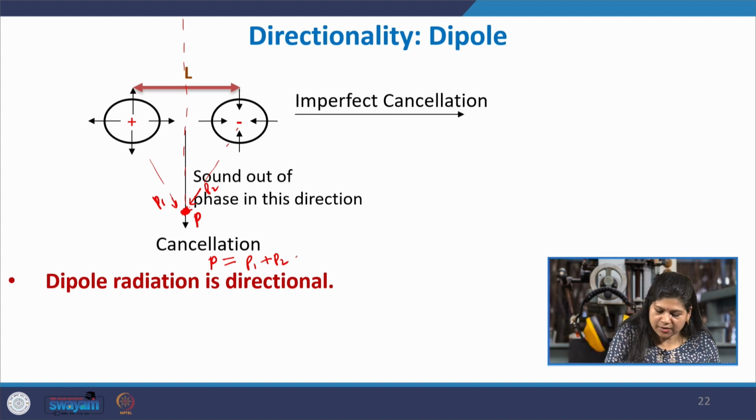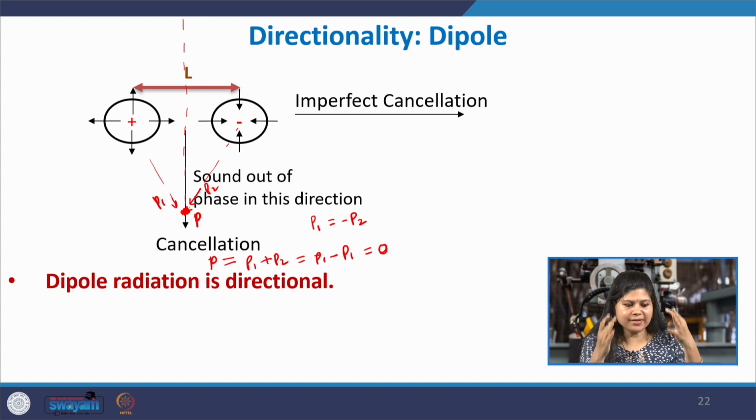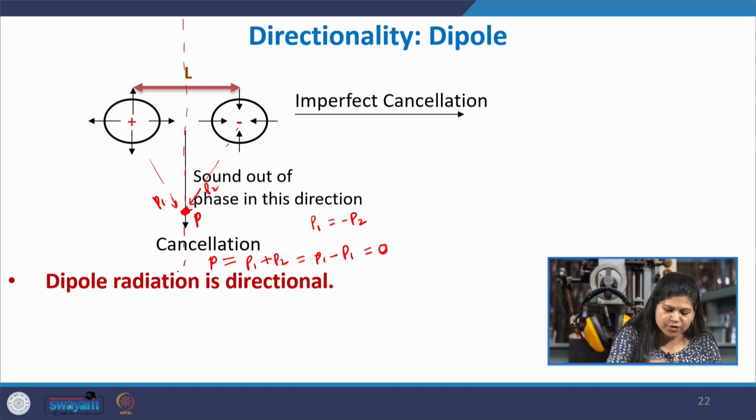Because they are antiphase, whatever pressure is due to the first monopole is minus the pressure due to the second monopole. So, essentially P1 plus P2 would be P1 minus P1, and ultimately the pressure at all times is 0. So, there is a perfect cancellation on this particular line, which is midway between the two monopoles and perpendicular to the axis. Whereas, here there would be imperfect cancellation, because although here also you have a certain pressure P dash acting,